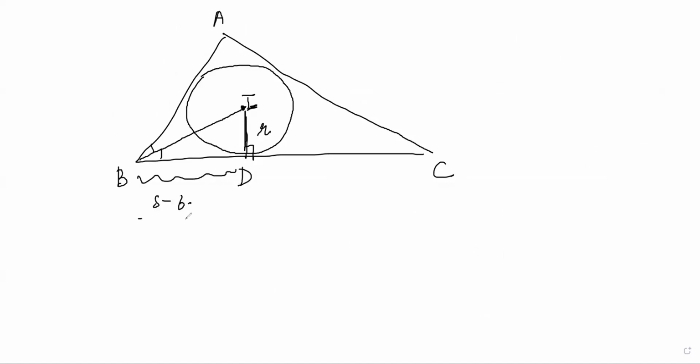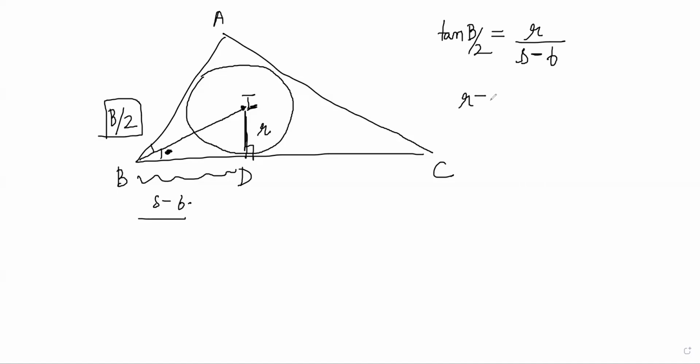S minus B, right? And this angle is how much? It is B by 2, because it's an angle bisector connecting to the incenter. So in the triangle BID, we can easily say tan of B by 2 is how much? R by S minus B. So R is coming as S minus B tan B by 2,